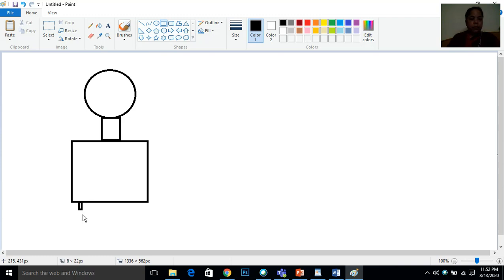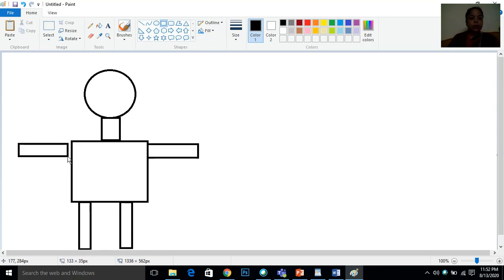You can see I am making a robot here. You can also draw this robot. Now I want to make the hands here. I will draw this much only. I will not draw anything else. You can make the faces also. It's up to you. If you want to make the face, you can make the face. So here also you can make the eyes. You can draw whatever you want here. I have drawn this much.